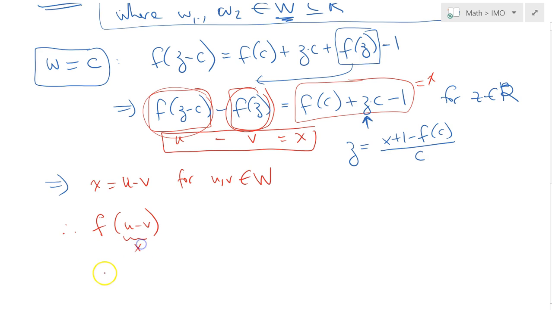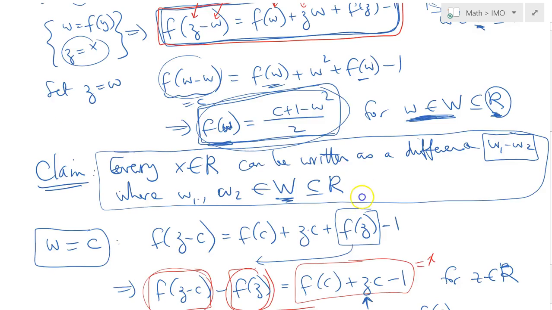Recall that this was just x, so this is simply f of x altogether. Let's just write that down. f of x would simply be equal to,